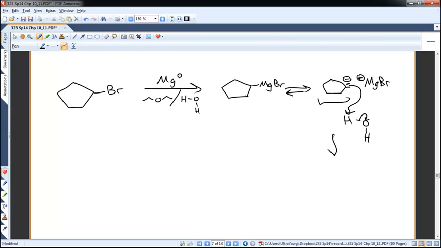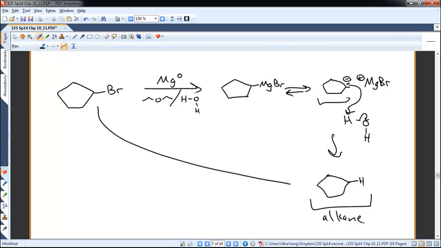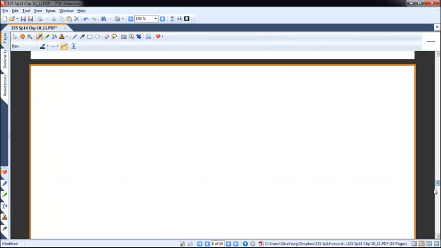And so if we accidentally leave water or other ionizable protons around, we destroy our Grignard and we make an alkane. So really, this is a very roundabout and inefficient way to turn an alkyl halide into an alkane. So if I were to accidentally do some chemistry like this,